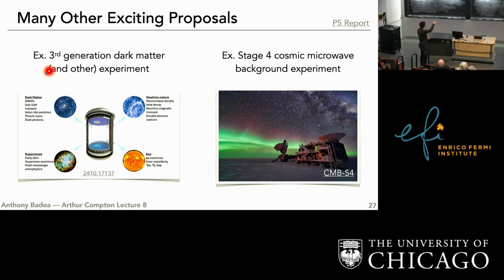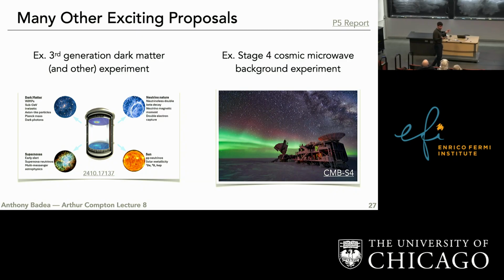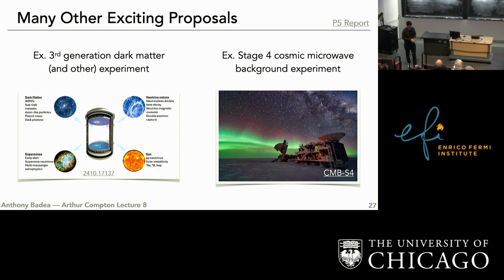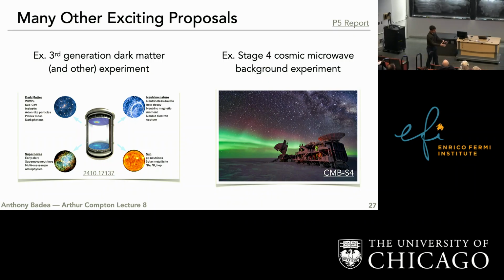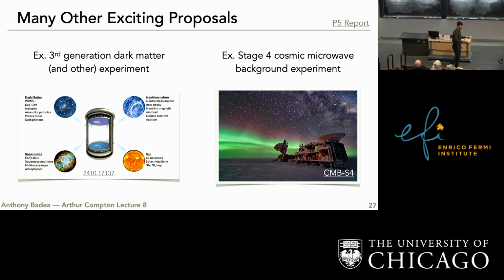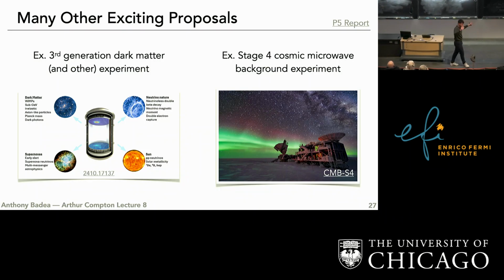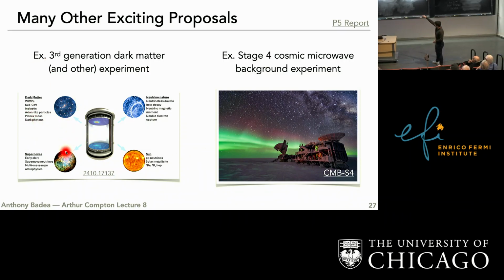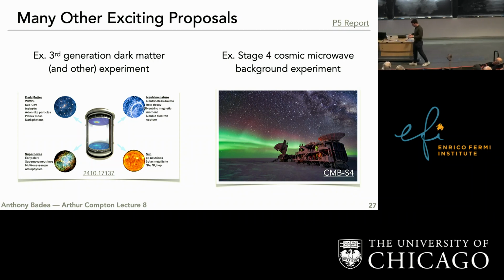So roughly the language here is people use third generation or stage 4 to, in some way, shape, or form, mean bigger. So for dark matter experiments, there was a first generation where, again, in simple terms, it was a vat of liquid. That vat was very small. So the likelihood that something coming from the sky was going to hit a small vat was low, and now they start making the vat bigger and bigger and bigger, and the proposal is to make a really massive one, where actually you'll be able to do dark matter studies, supernovae studies, measurements of particles coming from the sun, neutrino measurements, so really bigger purpose, but also big scale.